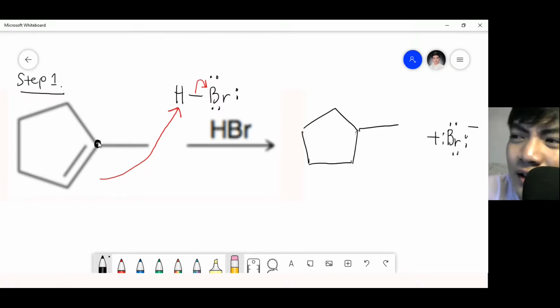Wala. Wala siyang hydrogen. Bakit? Ba't 0 yung hydrogen niya? Kasi, 4 na yung bond niya. So, 1, 2, 3, 4. So, 4 na bond niya. So, wala na siyang bond for hydrogen. While this one, okay,